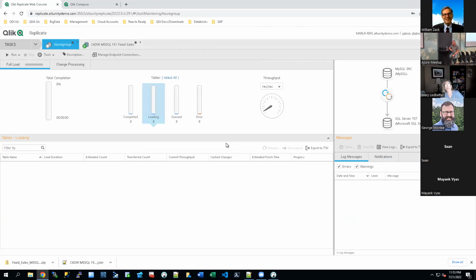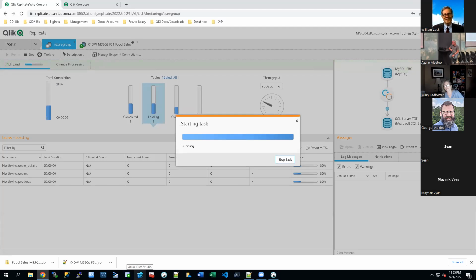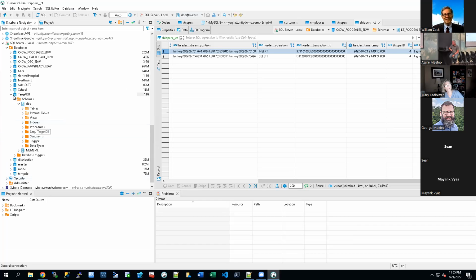I'm just going to go over here to monitor because it's going to take me there anyway, but I'm just going to click run. And it will pick up, this happens quickly, queue, task, loaded, and it's moved all of this data over to this target DB. If I refresh